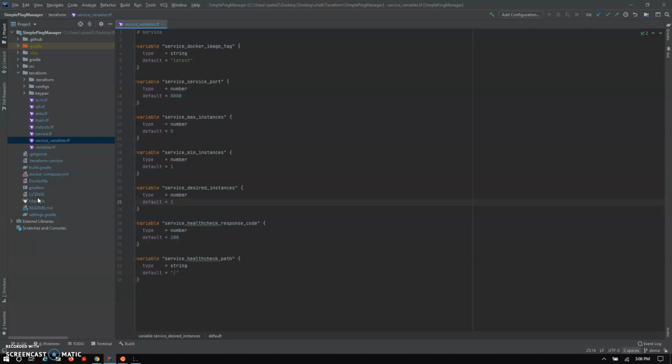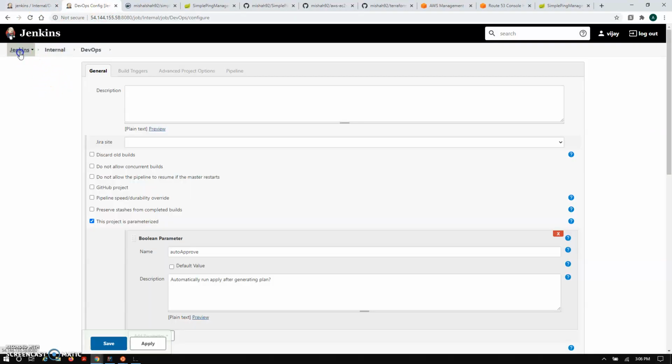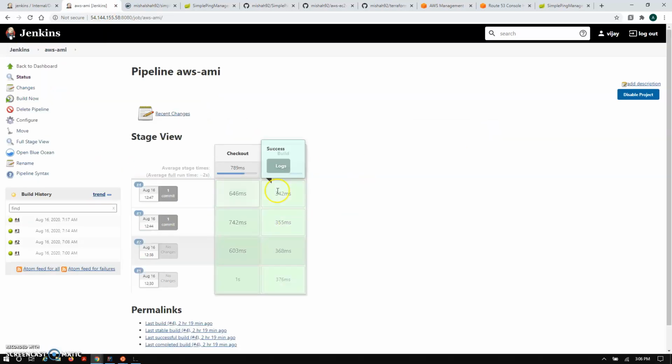Before that code part, I want to tell you we are using an Amazon AMI, where the predefined tools are already installed. For that we are creating the AMI, and let me show you the Jenkins pipeline for the AMI. This pipeline is basically used for creating the AMI on the Amazon side.